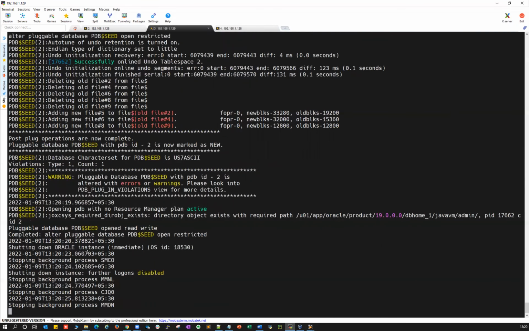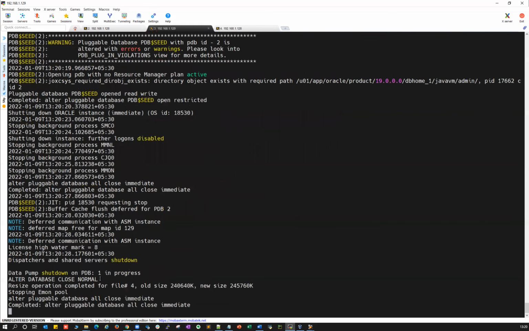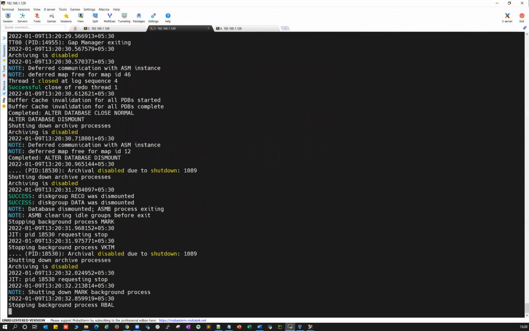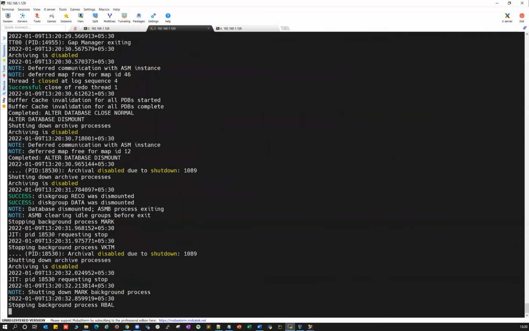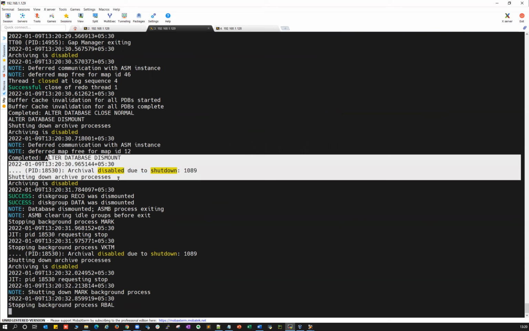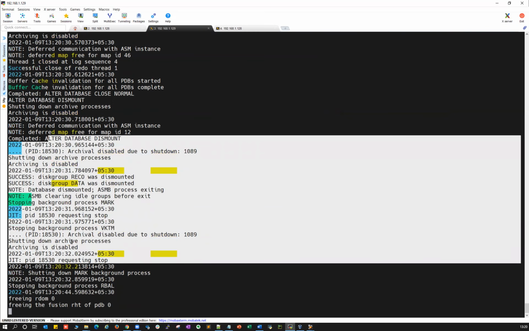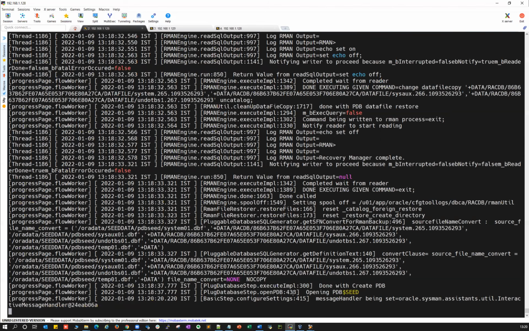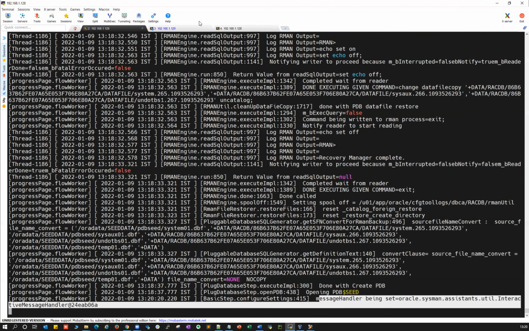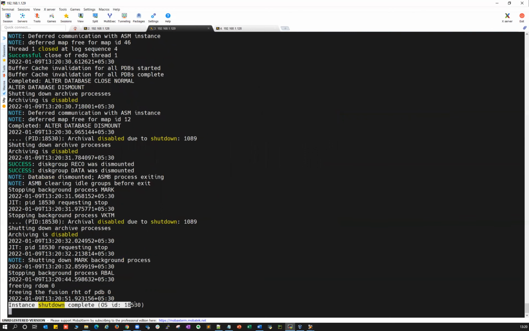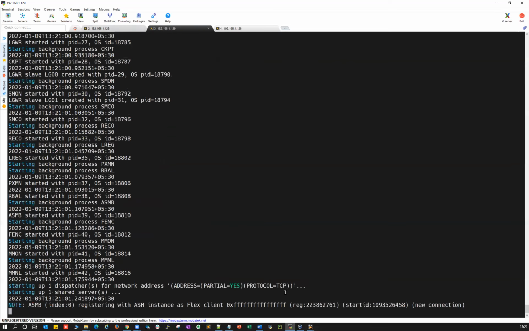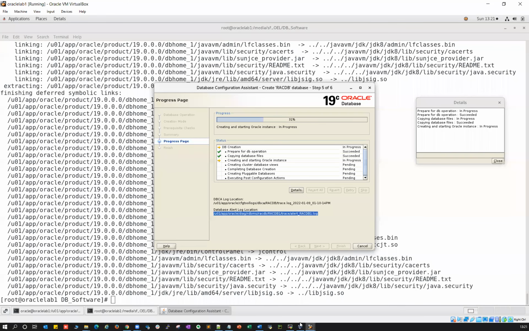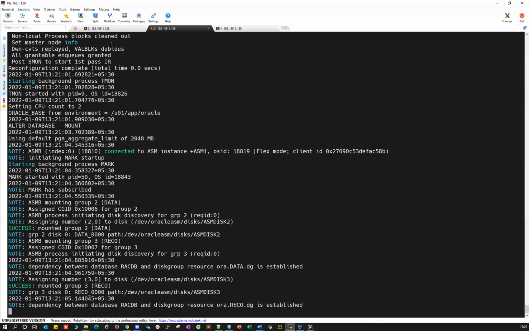Okay, I think it is doing a shutdown. It's bouncing my database now. Stopping your background processes, RBAL, alter database dismount. Okay, instance shutdown completed, and now it's starting the instance again. Still at 31%, and the database has started now.